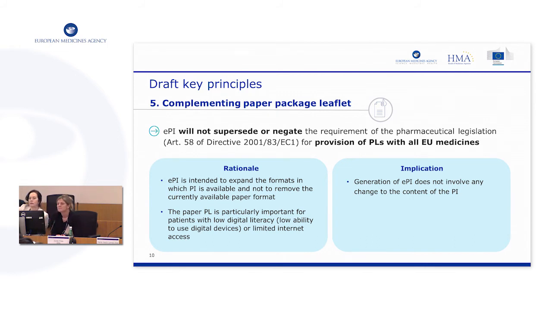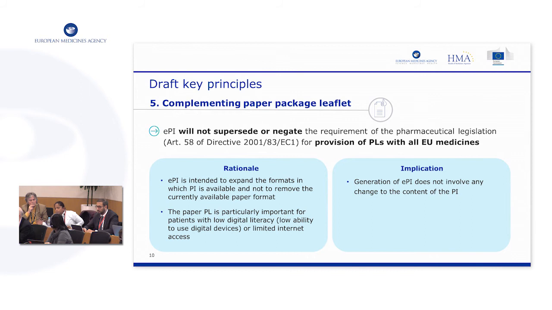Hi, Angela again. Just one question. If we assume that EPI would be the most current, accurate source of information, and I'm a patient and I see the leaflet and it's already one year or six months out of date, has this principle taken into consideration what messages we'd be sending out to the patients? So if the paper patient information leaflet is out of date, I should be going to or referencing the EPI?